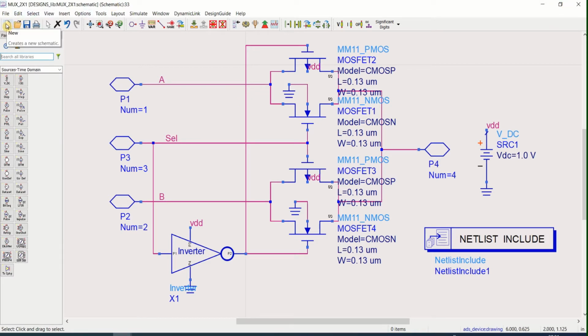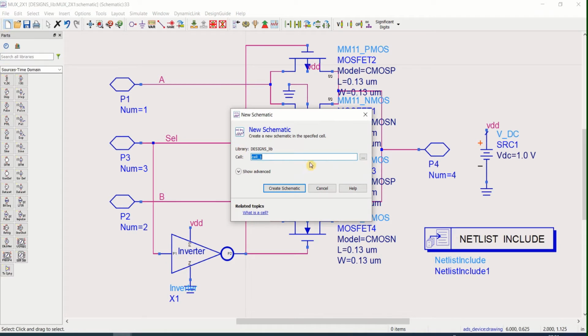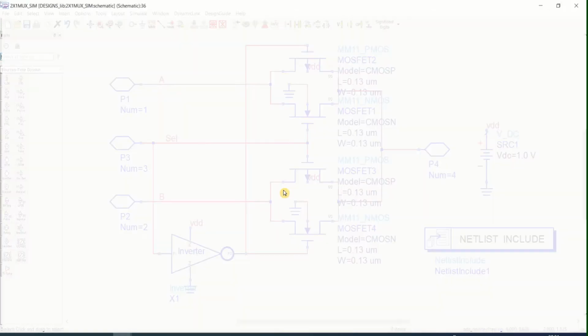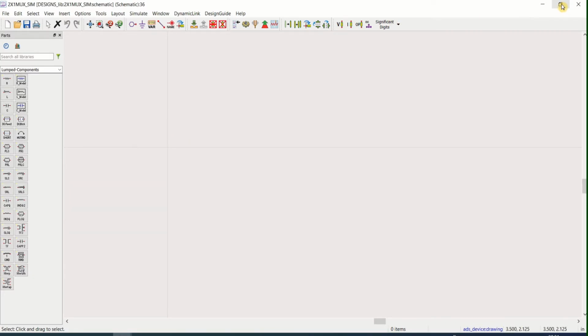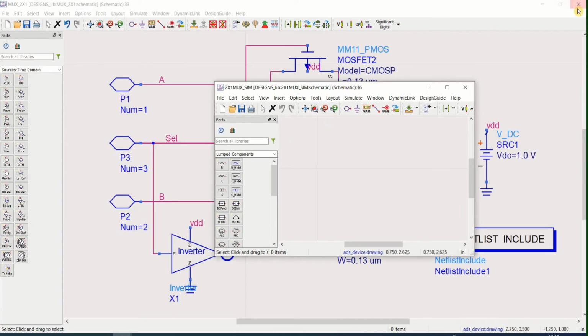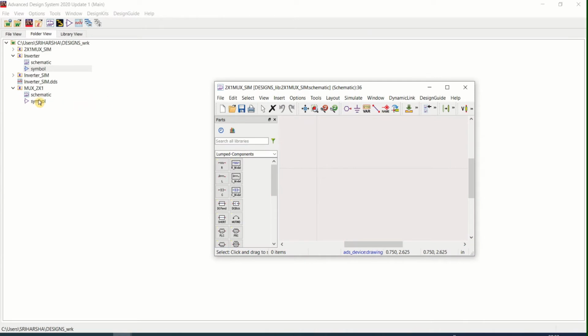Create one more file to perform the simulation of the 2:1. Name it 2 by 1 mux underscore simulation file. Click on create schematic. Try to place the symbol. Already we have created the mux symbol.